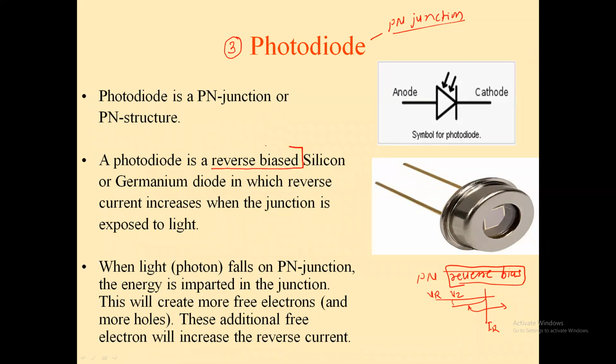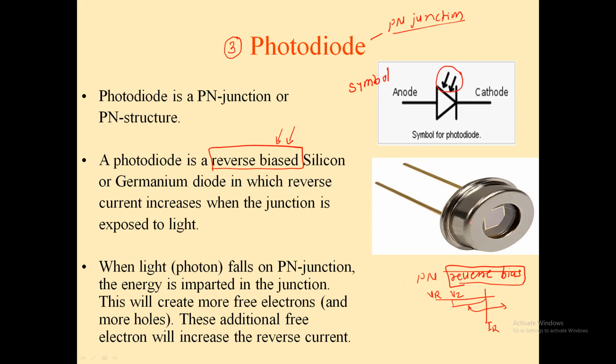And how can it be operated? It can be operated based on the photo energy or the light energy falling on it. That's why, you can see the symbol of the photodiode. And here the direction of these two arrows plays a very important role, because this special purpose diode is designed to operate in a reverse bias, and only when the light is falling on that diode does it work. That's why these two arrows are pointing towards the diode.